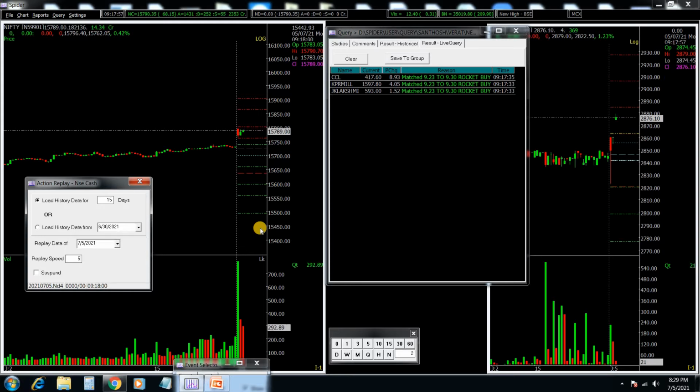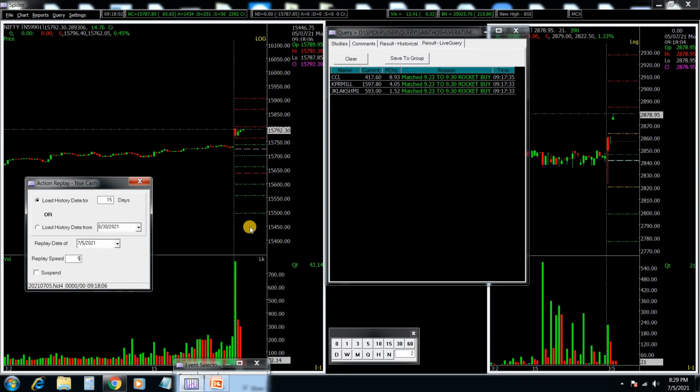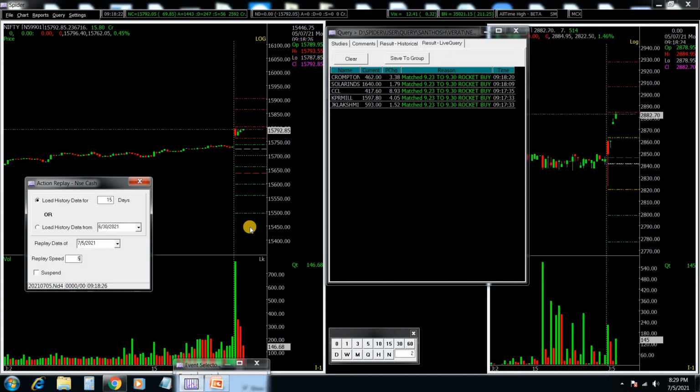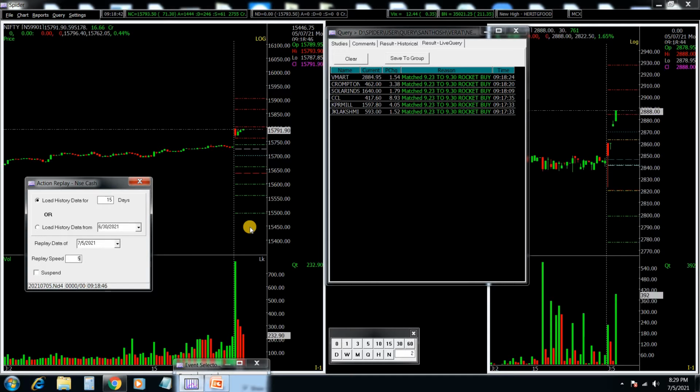We are going to analyze and confirm the entry based on the 1 minute chart only. How to enter and how to exit we'll discuss. We got Solar Industries, Crompton, CCL, KPR Mill, JK Lakshmi, VMart. We are going to confirm the trades by manually checking one or two points.